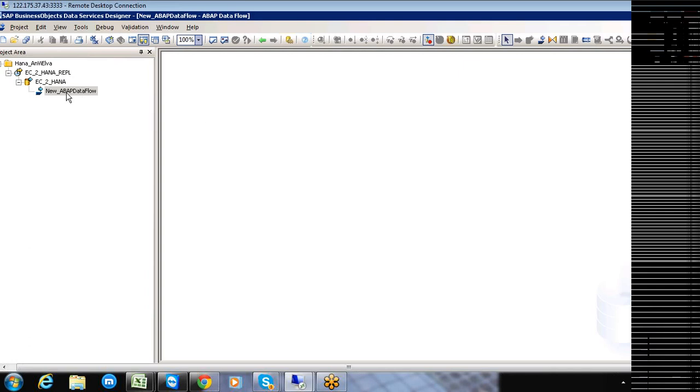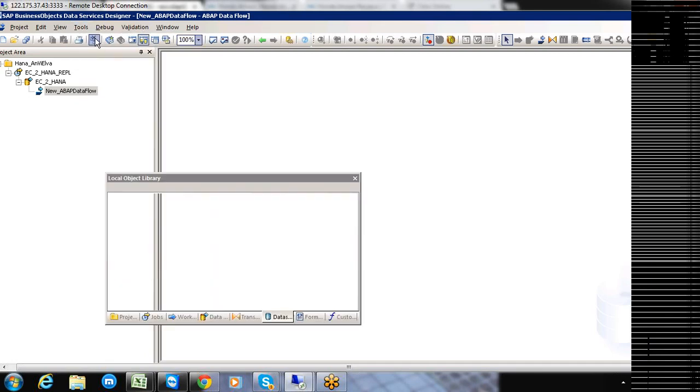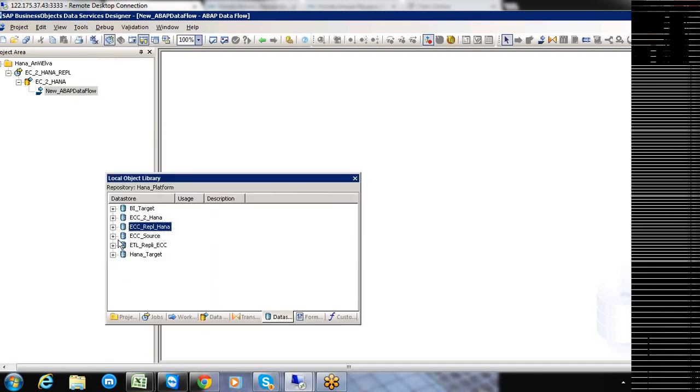In this ABAP data flow, the next thing we need to do is, see here. You go to these tools, select this. What is that one here, guys? Object library. Within this object library, I will select this one, ECC2 replicate HANA.